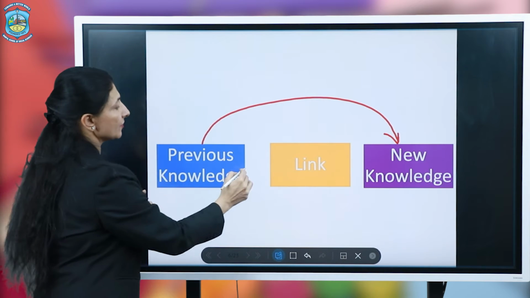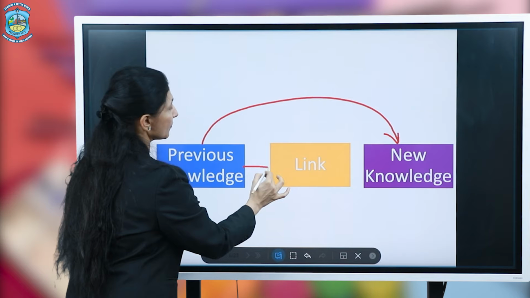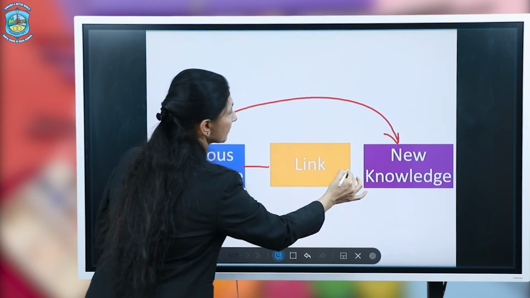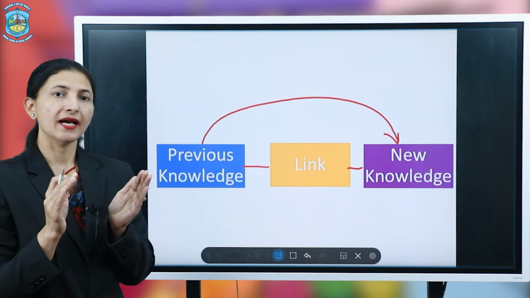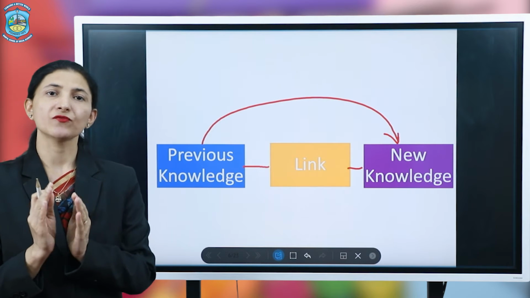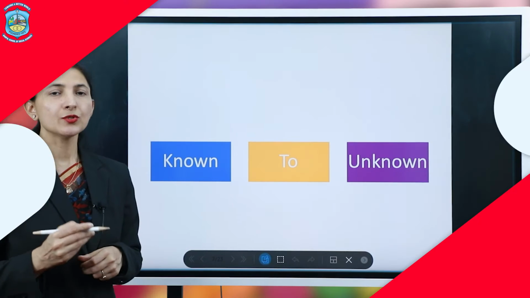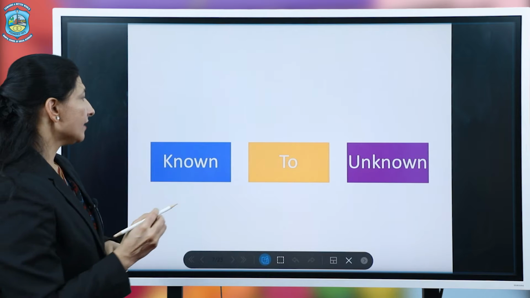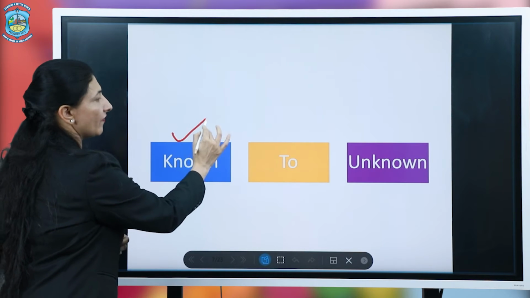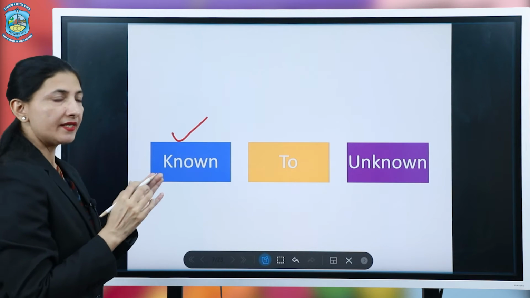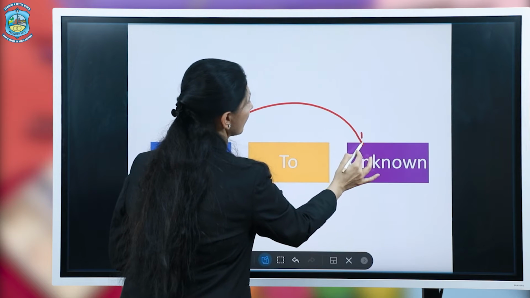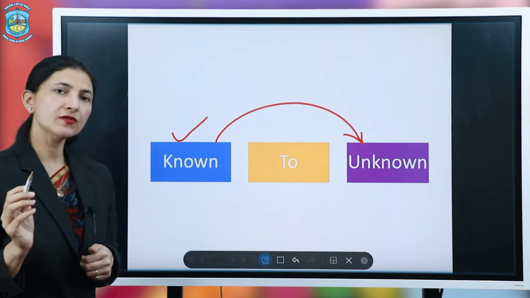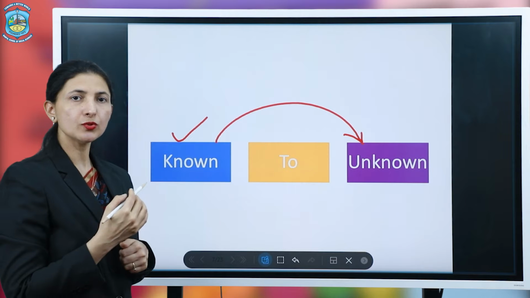A teacher should try to have a link between the old information and the new information. In this skill, we start with the known facts and then we move towards the unknown facts. So always follow this sequence from known to unknown.